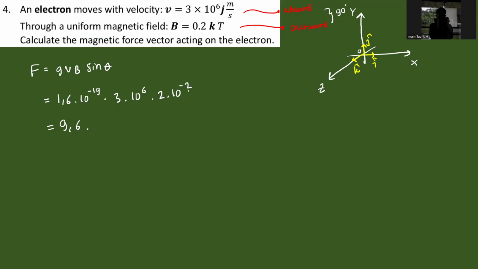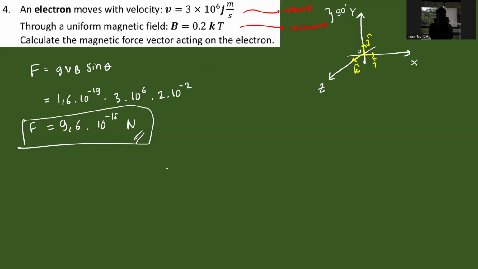6 subtracted by 2 is 4. 4 minus the minus 19 will be minus 10 to the power minus 15. Okay, in Newton, this is F. But the answer isn't enough, because we have to define the direction of the vector itself. First of all,